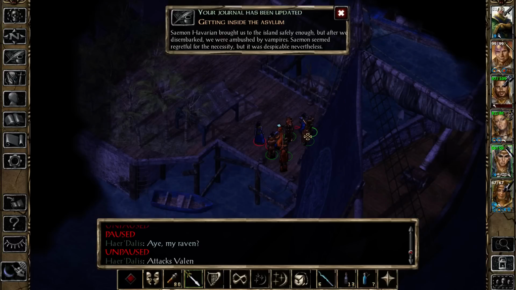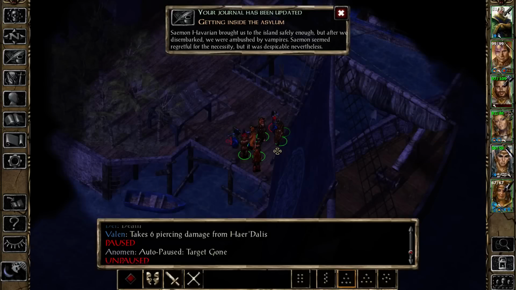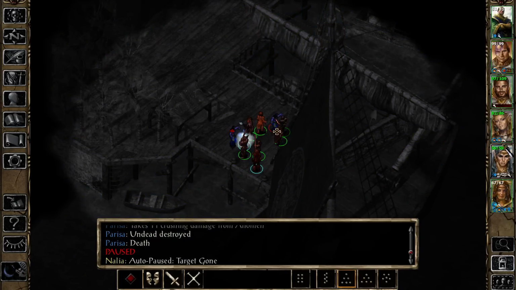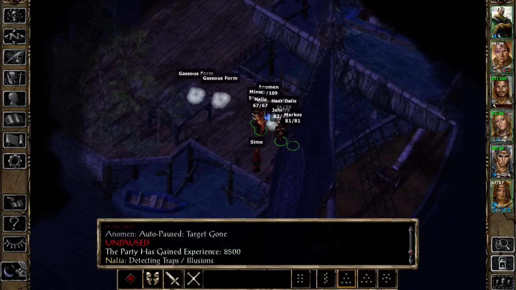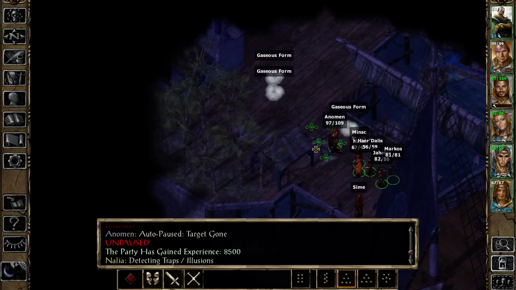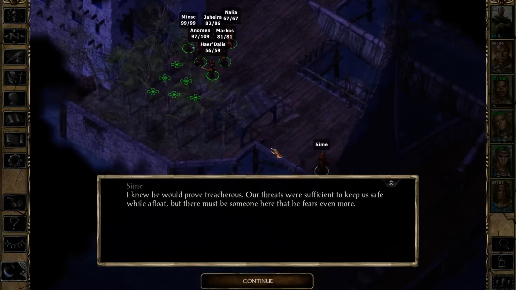Herdal is trying to attack Valen over there. We should be okay. Yeah, that's a kill right there. As I expected, this isn't a terrible fight. I mean, we're a little bit high level anyway, so just a little bit. Not too much, but a little bit. So there it is. Okay. So they're all gone in their gaseous...